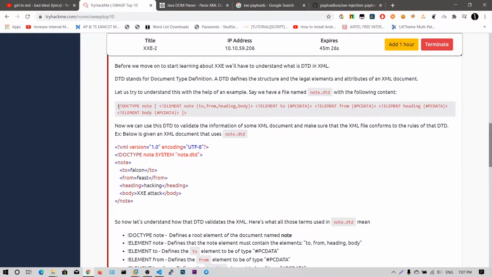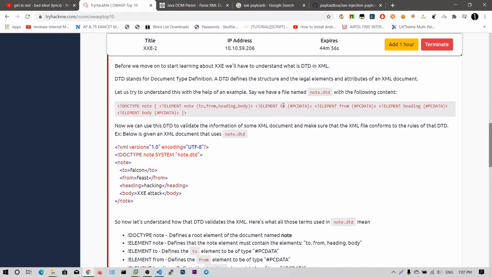As you can see, DOCTYPE stands for root. Note is the root node, and then we have this ELEMENT node. We are describing the sub elements or child elements of this node, and the child elements are to, from, heading and body. We also need to specify what type of data is stored between these child elements.